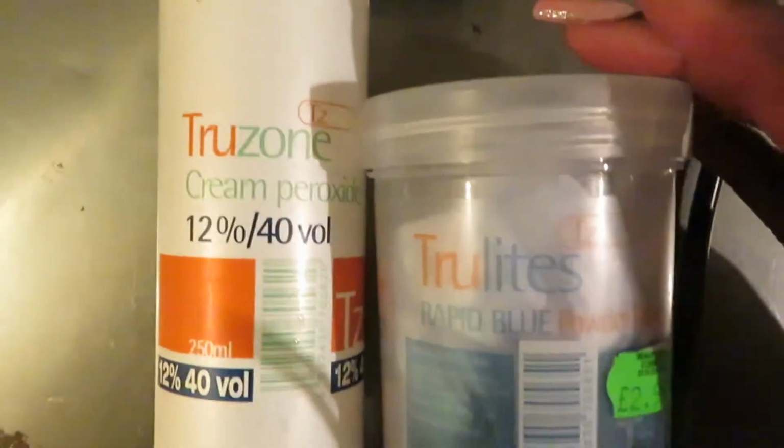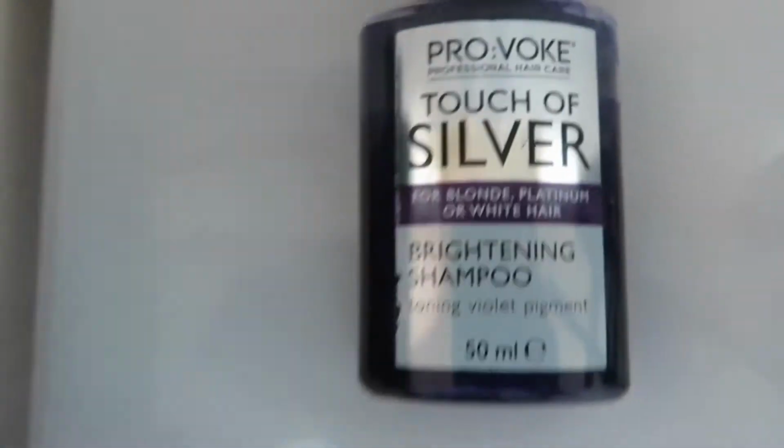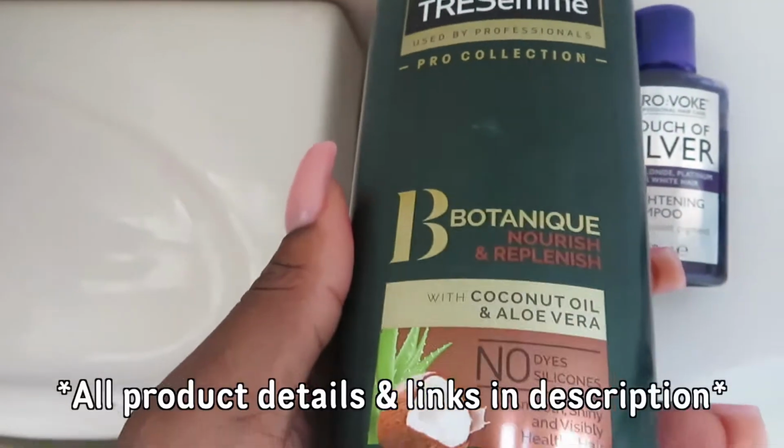After washing that out with literally just normal shampoo, I then hair dried the inside of the closure so that I could bleach the knots. I prefer to do this after, obviously in case there's anything that needs to be corrected. It's just a bit easier. So this is the consistency I like to have my bleach, not too thick but kind of like cake batter consistency. I then wash it out with a purple shampoo to remove any brassiness, normal shampoo on the rest of the hair,